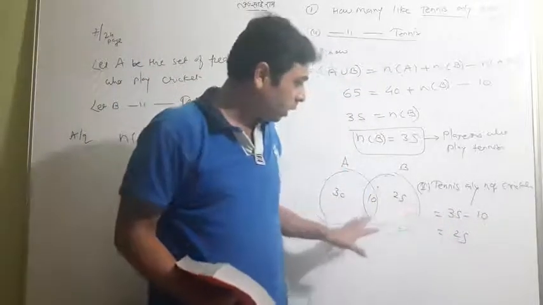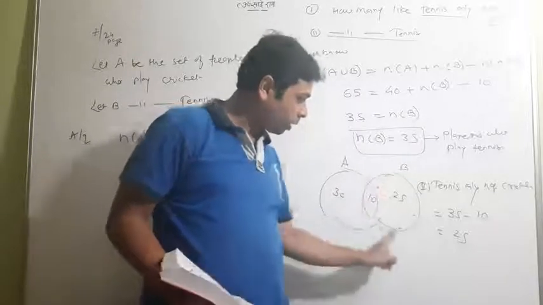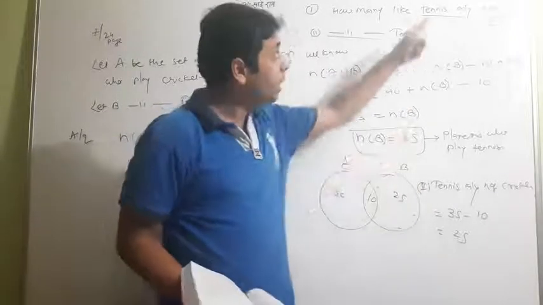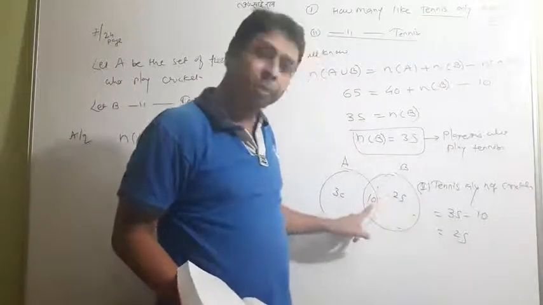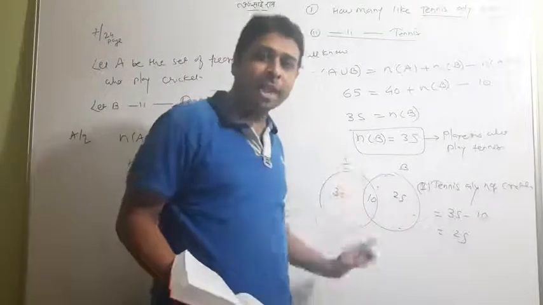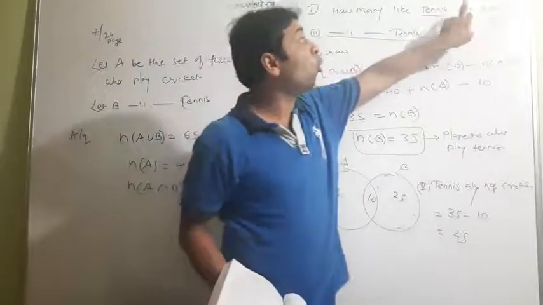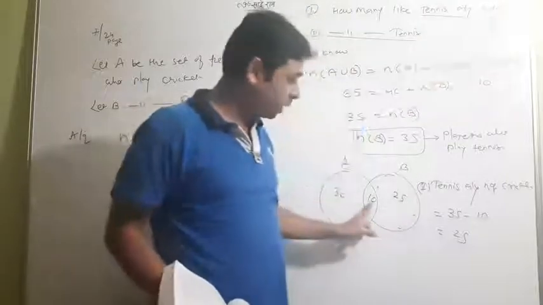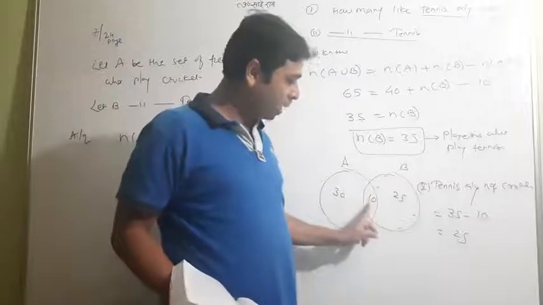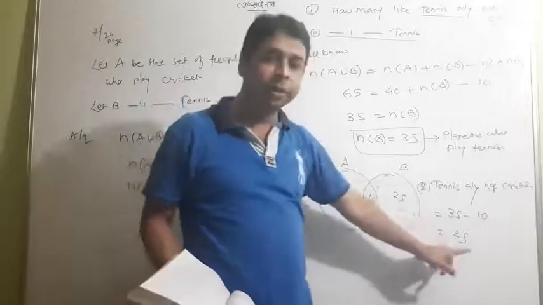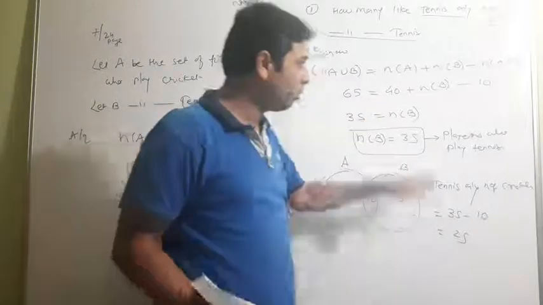Now see, in the whole concept, this 35 was this. See the finger. Tennis. And only tennis, meaning that region, is only 25. This time 10 will be subtracted, because 10 is actually the players who play both. But it is written tennis only, not cricket. So the cricket players were 10. Actually this is the combined part. So we have to subtract that 10 portion from the 35, and 25 is the remainder, which is actually the players who play tennis only, not cricket. So this was a simple concept.